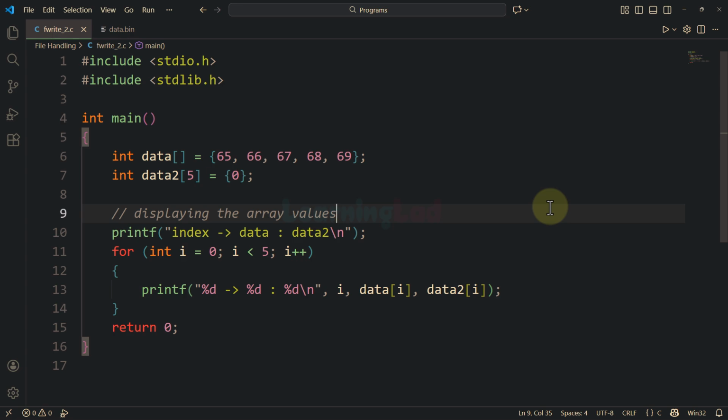Welcome to another file handling tutorial using the C programming language. In this video, we will talk about how we can use the fwrite function in order to write an array to a file. And then we will see how we can use the fread function in order to read an array from the file. So here, in order to explain this, what I have done is I have created two